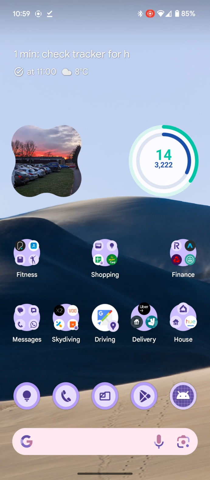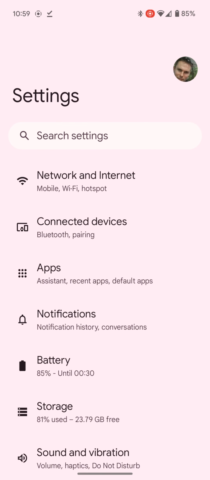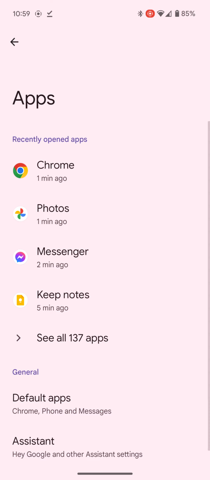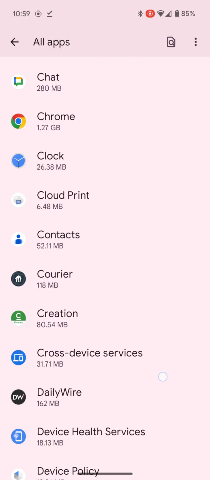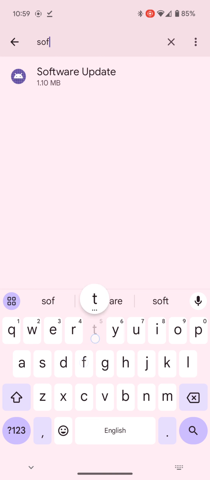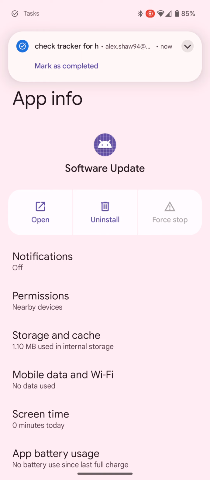You'll probably need to do that step again, because what you got to do now is go to your main phone settings and go to apps, and you're looking for the one called software updates. It's probably best to search for it, software, and then you're going to